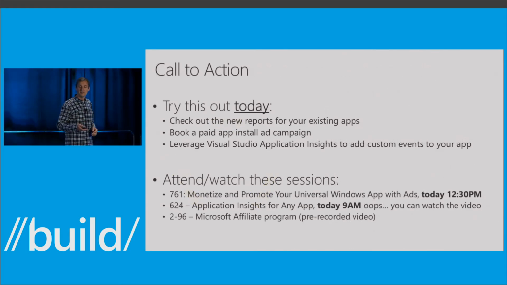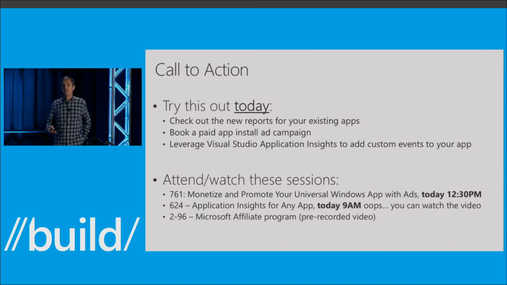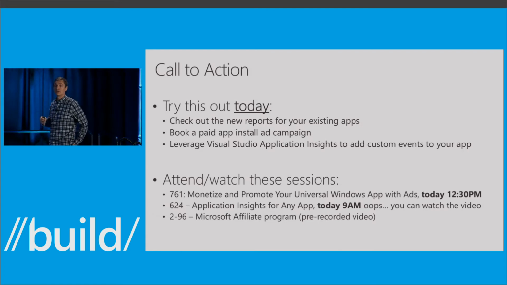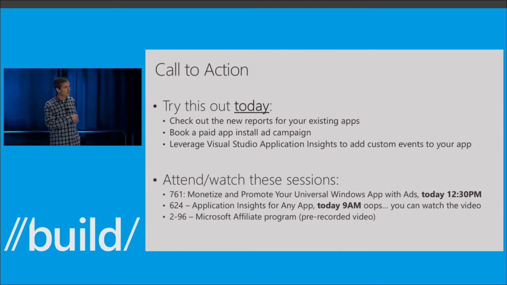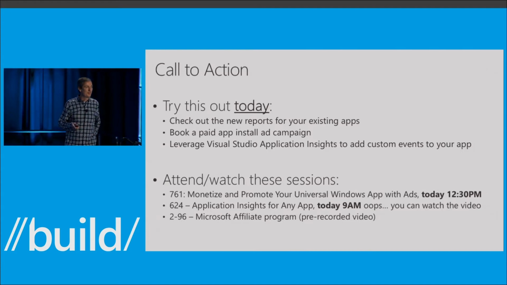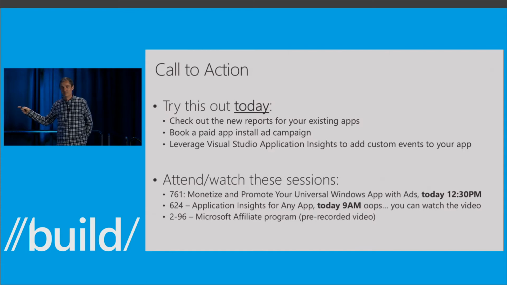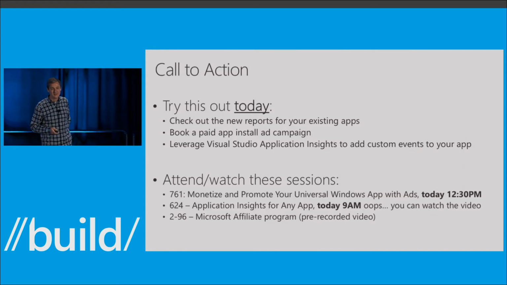And there are 3 things that you can go and do today on the Dev Center, and I encourage you to do that. If you have an app published on the Windows or Windows Phone Store, come to the Dev Center preview, go check out all the reports, download your reporting, play with it. And please let us know your thoughts on that. There's a feedback button at the bottom of the portal. Please click. Both James and I are looking at that every day. We're reading the feedback that we get from you.